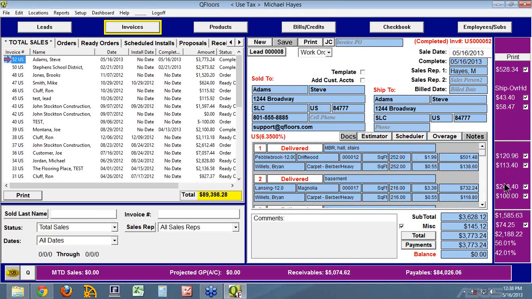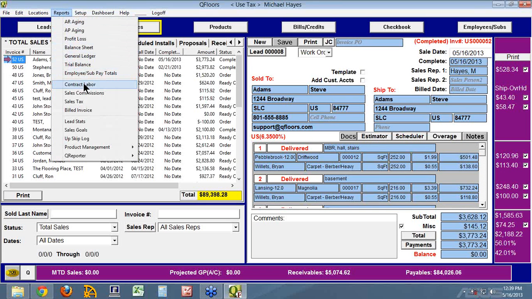Okay, so we did job costing, and we talked about checking the box sends a dollar amount to a report file for that name, having the commission box cost checked off, it sends that dollar amount to a report file for that name, having the tax cost checked off, sends that tax, not the 145 in this miscellaneous charge use tax situation, but this is the tax out here, send that to a report. So under reports, you have contract labor, sales commission, sales tax. So if we're paying an installer,